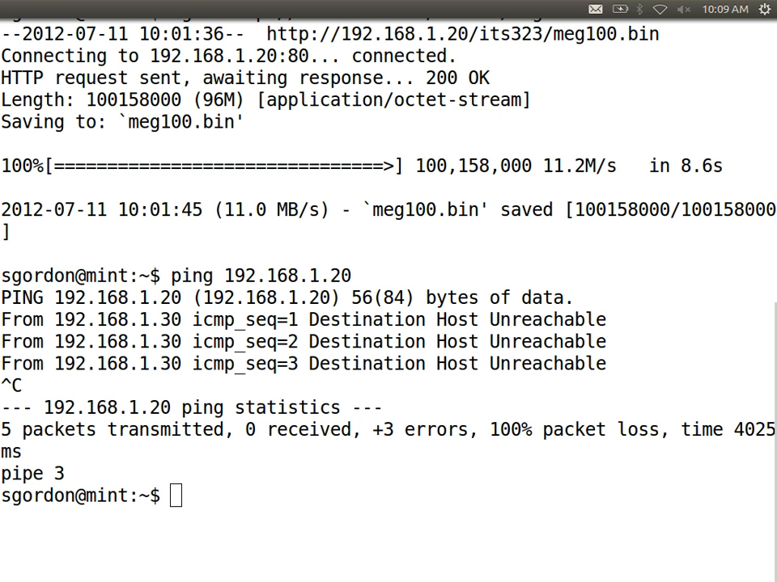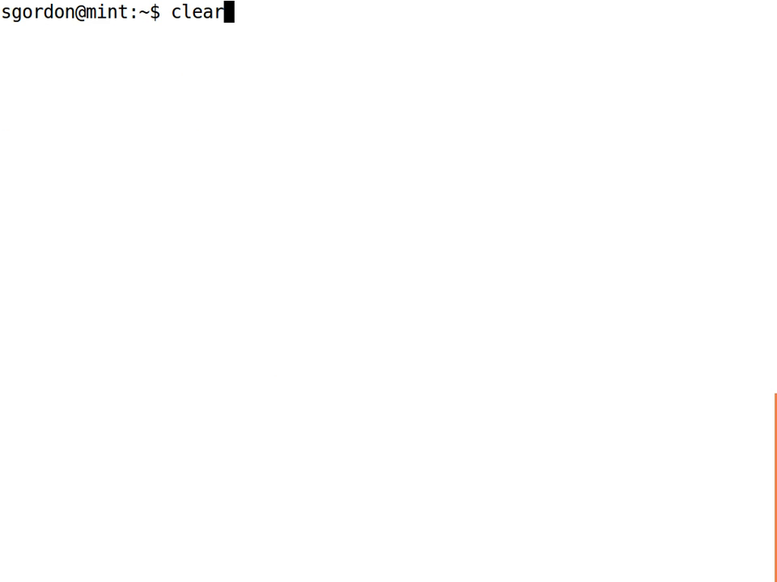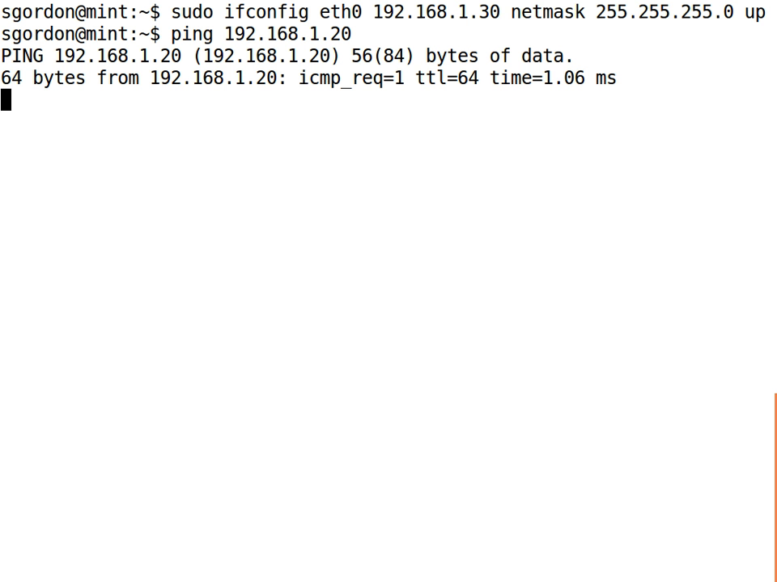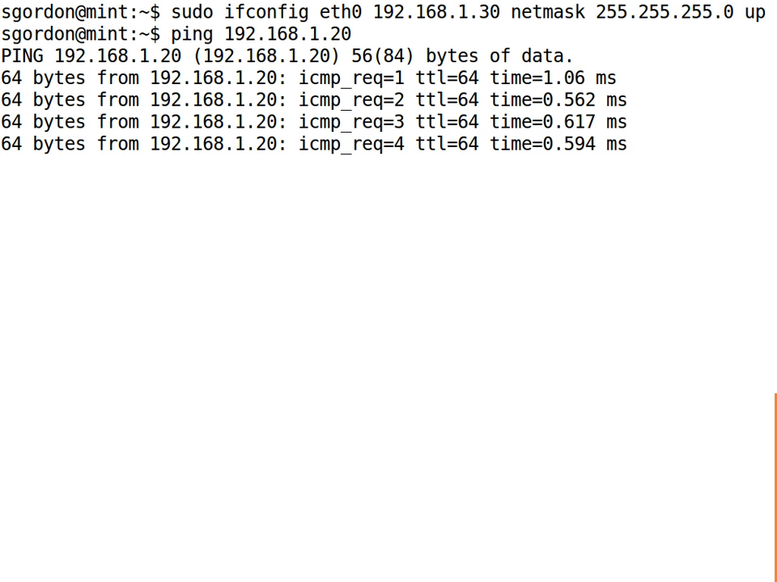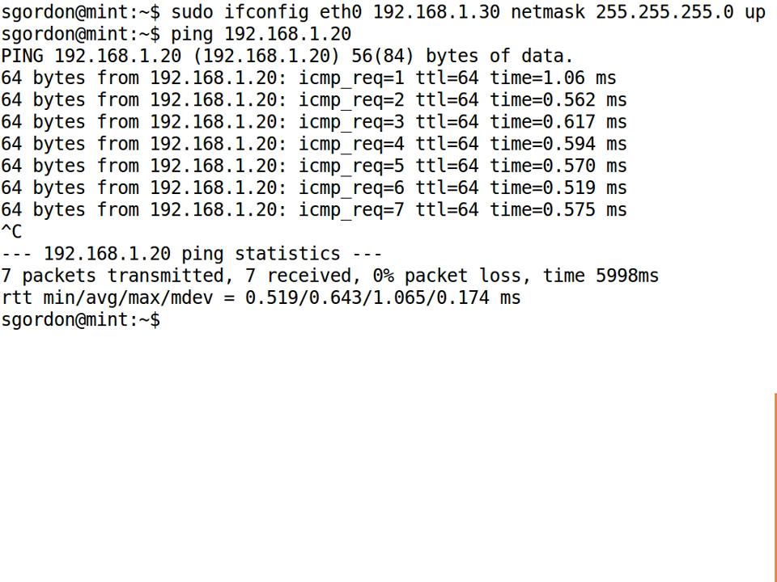Let's try again. Clear. Make sure my address is set. I'm going to now ping from one laptop to the other. What ping does, and I'll just cancel that so we see the response, is send one small packet from the source to the destination, and the destination, when it receives that, sends back one packet in response. It does that every second. Every second it prints a line, and it shows the time it takes to get there and back. This time,